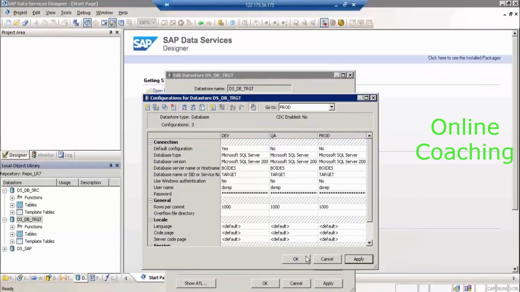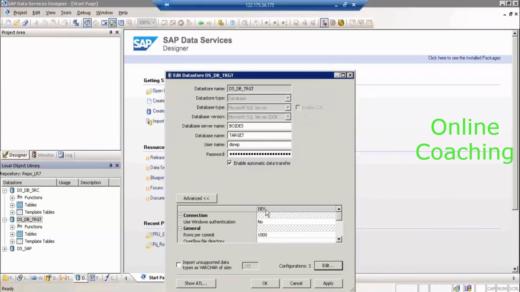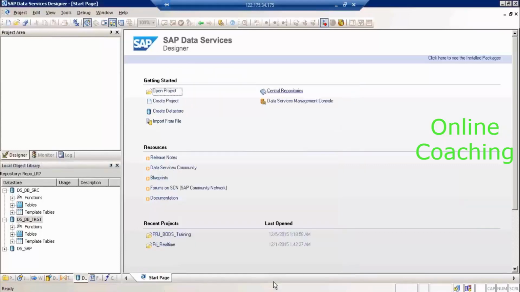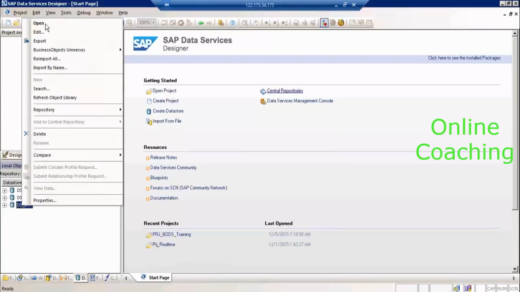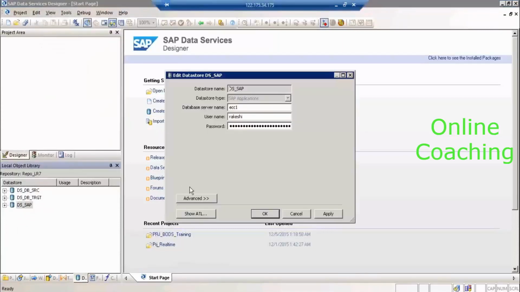Right, click on apply and OK. Now your default configuration is dev, and just click on apply. So make sure you click on apply. If you don't click on apply and directly click on OK, your configuration settings will not be saved and you'll be losing them. Alright, so the third data store, DSSAP, will take a little longer,